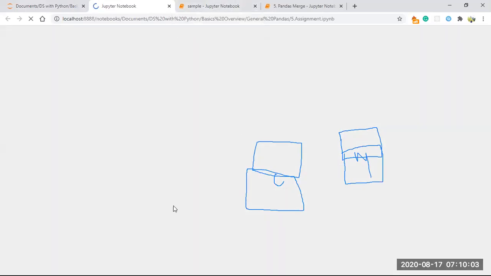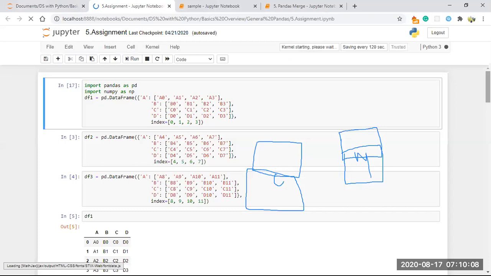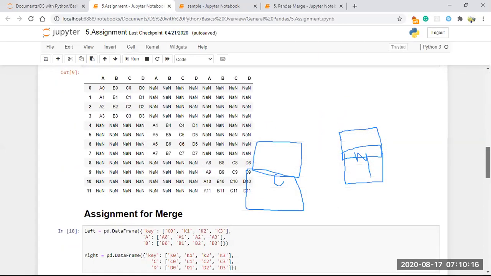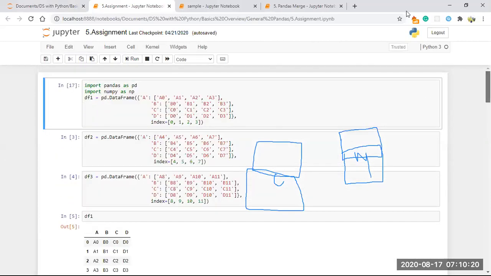Because merge and concatenate, yes, you have one assignment to do with this merge and concatenate. I will check in the classroom. If it's not there, I will upload it. You just work out on this merge. So this is nothing but simple, more workout on this merge. That's all. Okay. So this merge seems to be easy, but it is a very confusing concept. So kindly work out this.